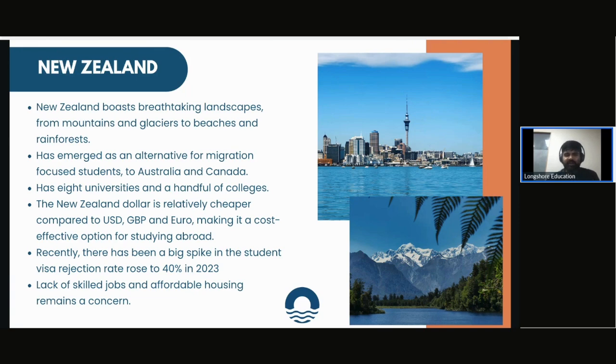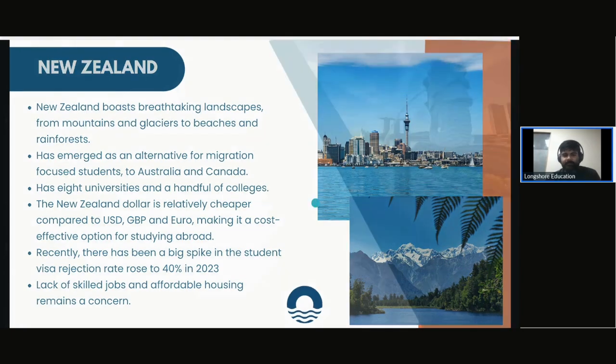The same problems that are coming up in Canada right now, which are the lack of skilled jobs and affordable housing, are a problem. And a lot of students are planning to go over there not for purely academic purposes, but for the purposes of studying abroad at all costs. That is something which New Zealand is also experiencing. But again, whatever applies to Canada or Australia, you've got about 8 universities that are really good. If you get into one of those 8 universities and would like to come back, or are in one of the in-demand sectors of New Zealand, then you could definitely go to New Zealand as well.